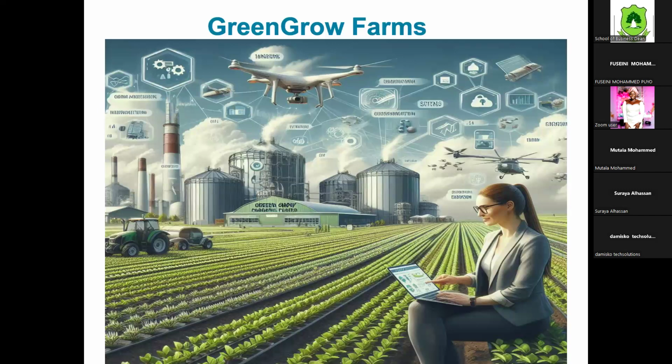Now let's look at this picture. This picture refers to a farm, a modernized farm, where the farm leverages heavily on technology. Is everything okay? This is a farm. It leverages heavily on technology. Look at the lady sitting there with a computer. She's gone to farm. In our part of the world, if you say you are going to farm, people will not expect that.